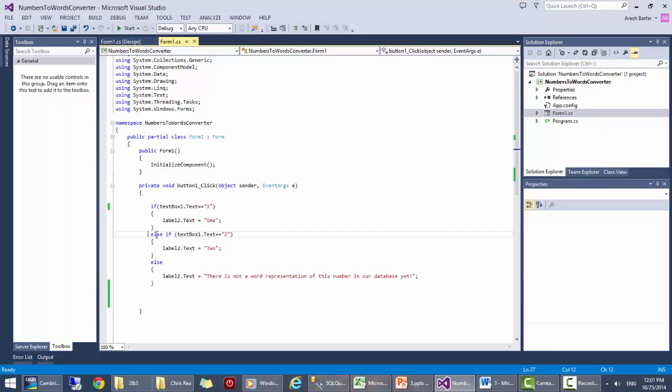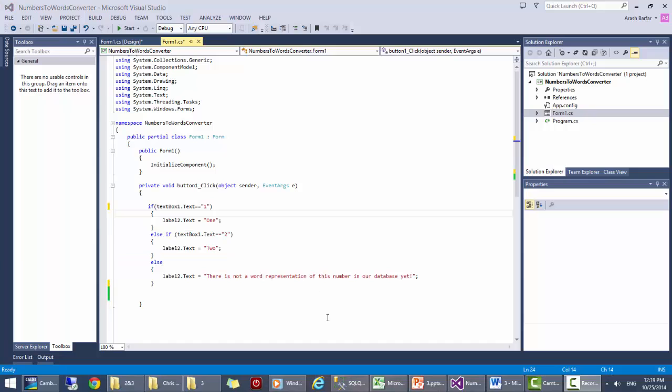You see that we can complete this application by adding more else blocks to it, and it may be effective, however it's not going to be efficient at all. Let's use another control structure, the switch statement, to take care of the efficiency of this application. So this is how I'm going to make this application more efficient using that specific control structure called the switch statement. Let me first get rid of this